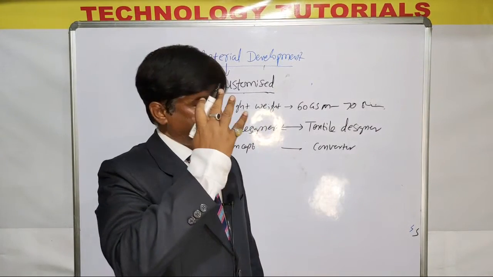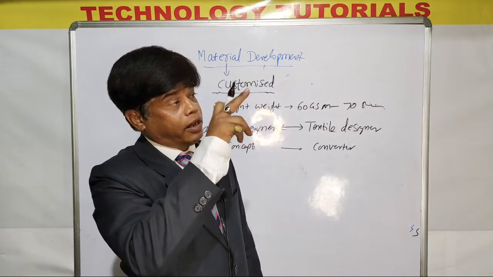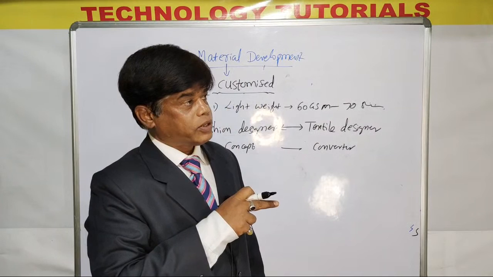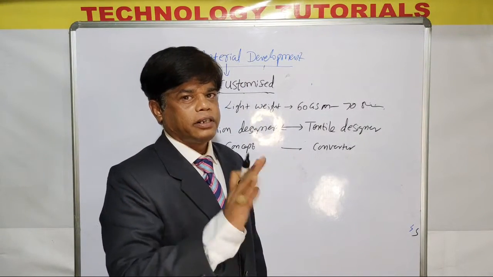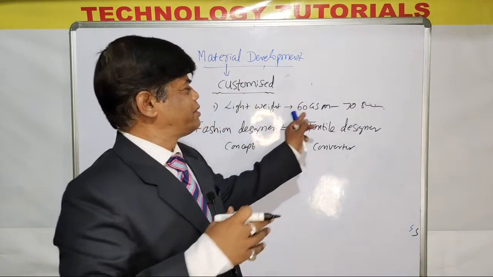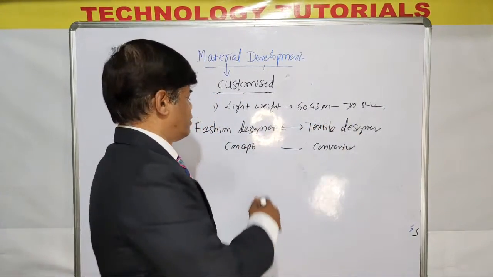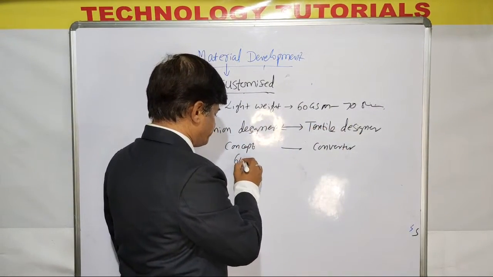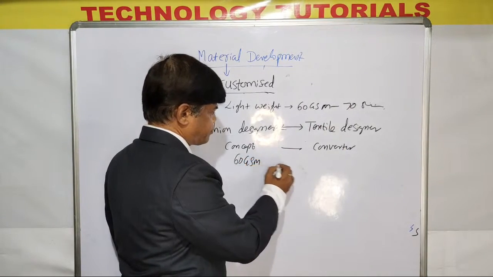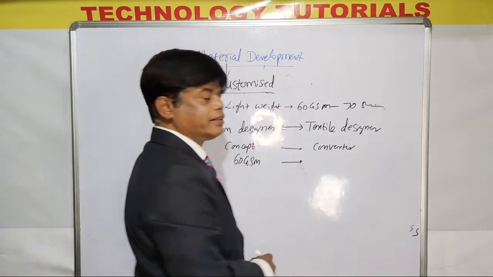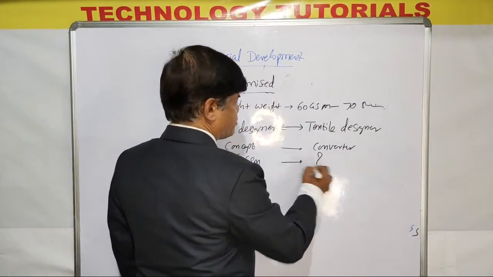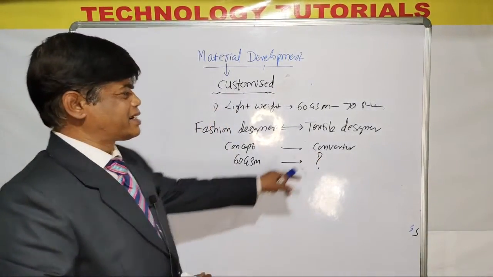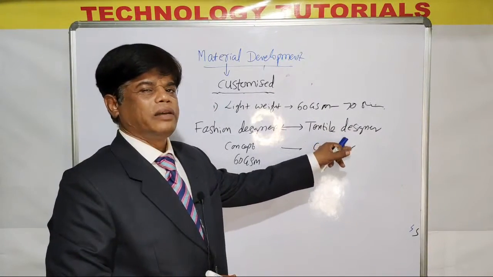He himself knows he has the concept of a lightweight viscose ladies top. What GSM is there? Technically, how much does it weigh? He will imagine and just say 60 GSM, 70 GSM. When he says 60 GSM, what does he have to understand? Okay, that is a question mark for the textile designer. Textile designer means textile developer.